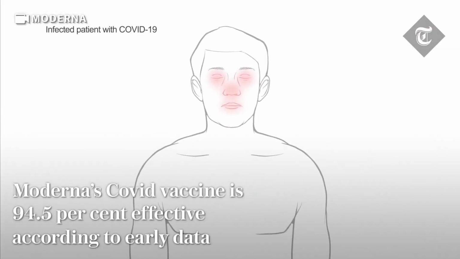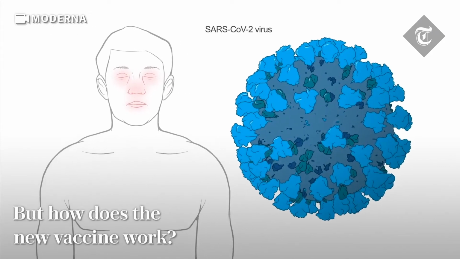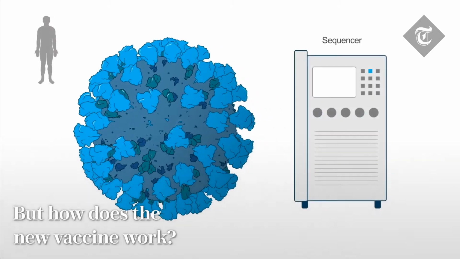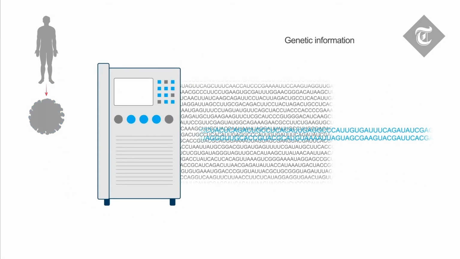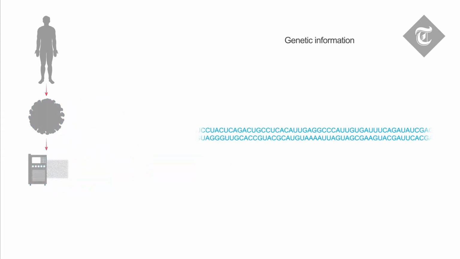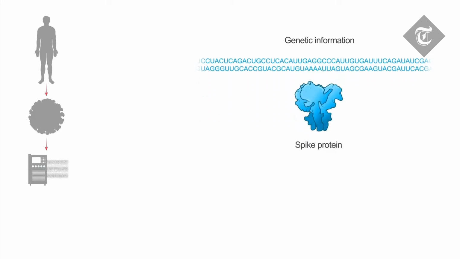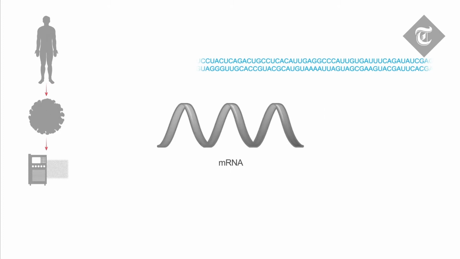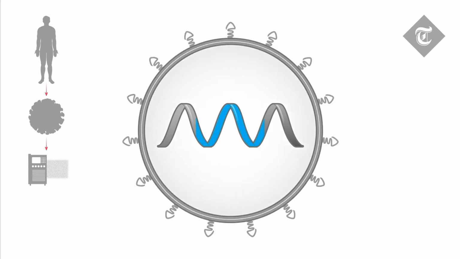It all started with isolation of the virus from an infected patient in China. The coronavirus was sequenced and its genetic information was uploaded to a public database. Working together, scientists at the NIH and Moderna identified the sequence for a key protein on the surface of the virus, called the spike protein, as a good vaccine candidate. The instructions for making the spike protein were then encoded into an instruction molecule called mRNA, which could be administered directly to patients as a vaccine.